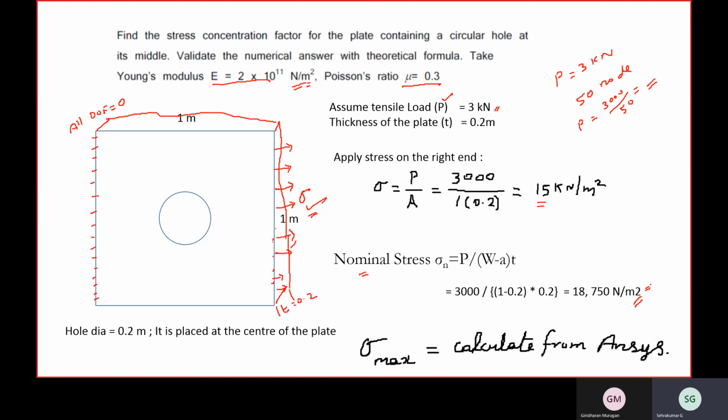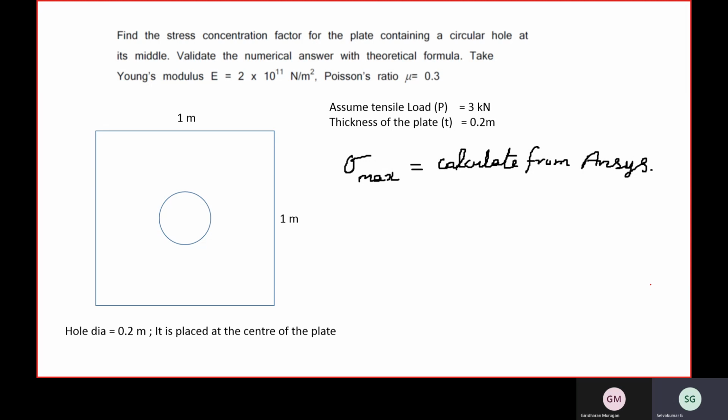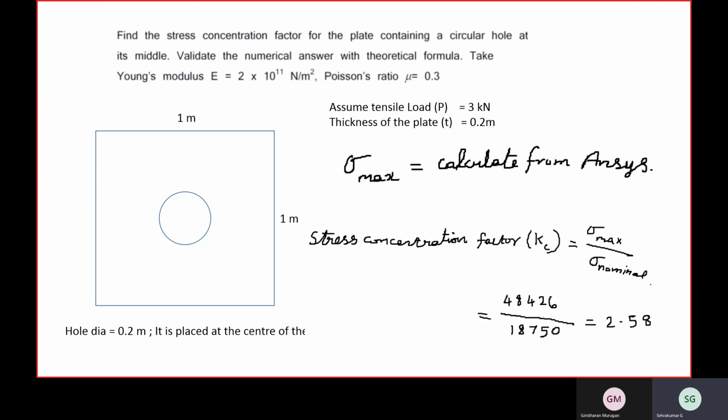Next, the maximum stress value we are going to calculate by using ANSYS software. How to do that? I will be explaining in the software. Okay, so here the stress concentration factor you can calculate, which is Kc given by sigma max by sigma nominal. Maximum stress divided by nominal stress. This one we have already calculated by manual calculation. This will be the value